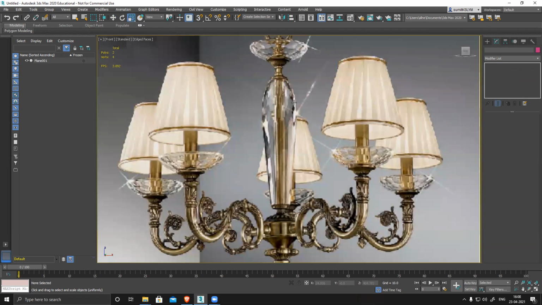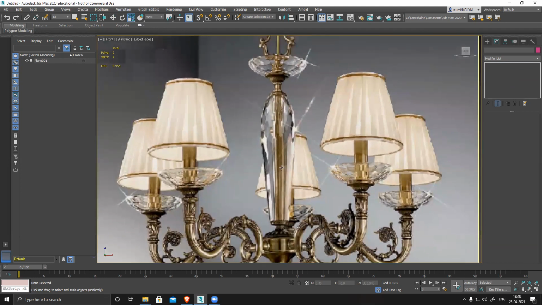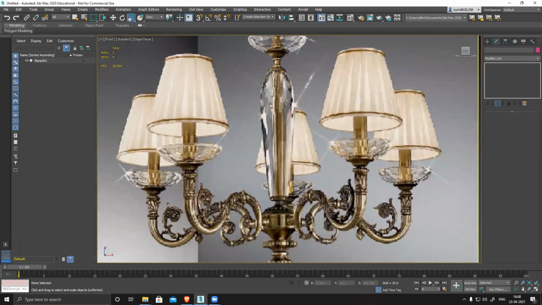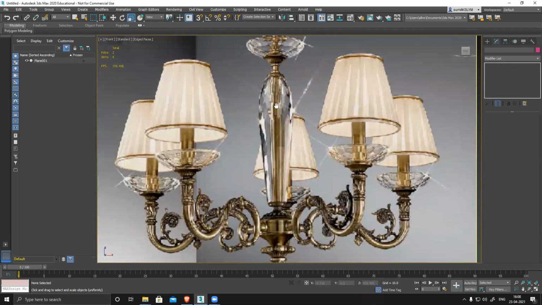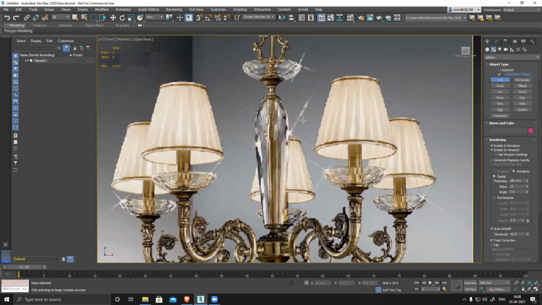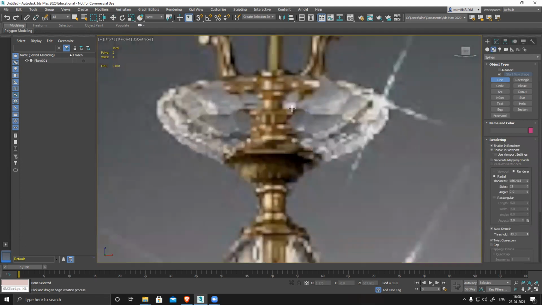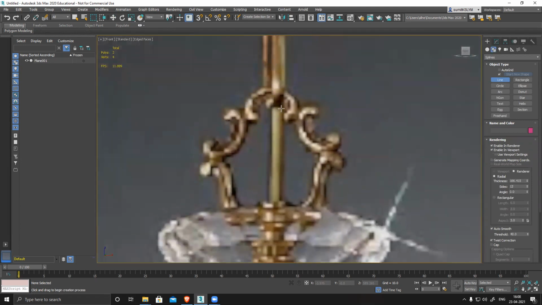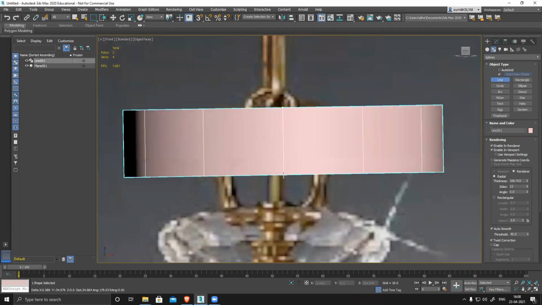In this case, I can see this glass or crystal shape. Plus we have this metal shape, and inside you can see there's a metal shape too. So I'll create the glass separately, and all the metal separately. For the front part, I'll go to the line tool and start tracing it out. All these shapes I'll create later, separately.